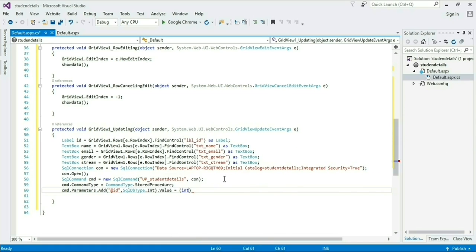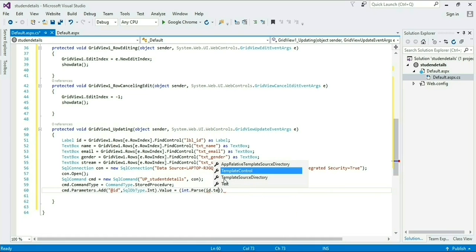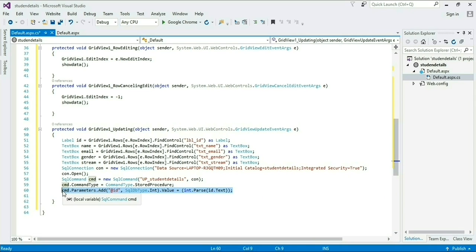And for the value, I am taking the value from this id parameter from our label ID. I am just passing the value of label ID to object id. That's why I am taking id dot Text. Doing the same for all objects: name, email, gender and stream also.